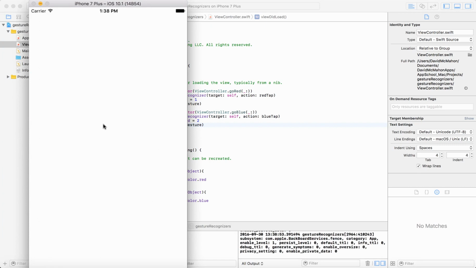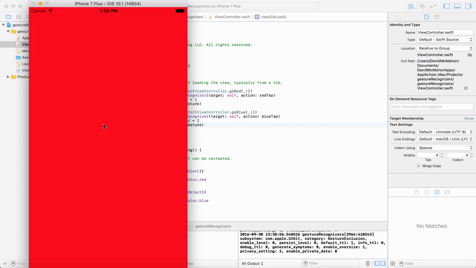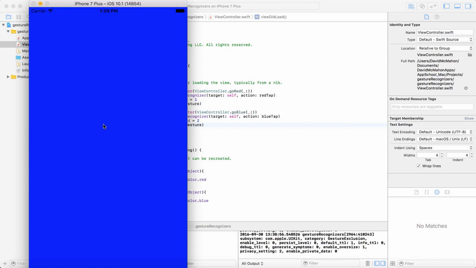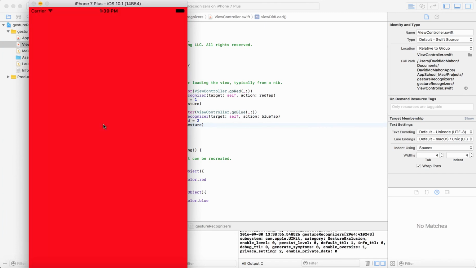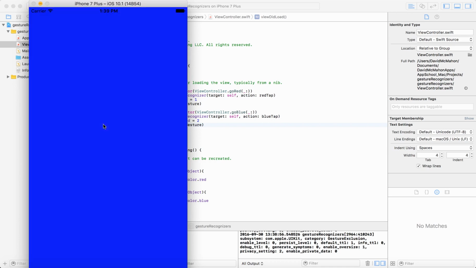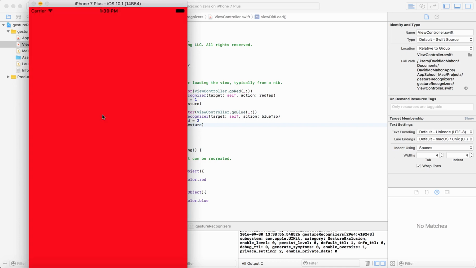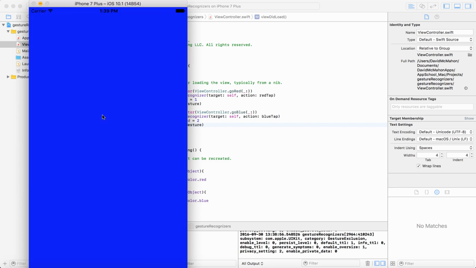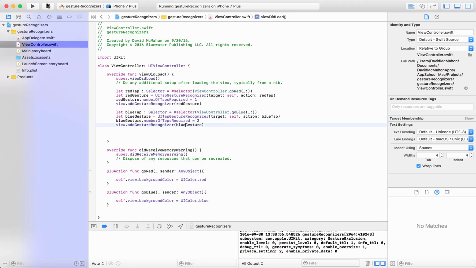Okay, so here's our view. I'm going to tap it once, it turns red. Tap it twice, it turns blue, and we can go back and forth. See, I'm not tapping in succession. See, if I tap twice slowly, I don't know if you can hear the click or not. You have to tap twice really quickly to get the blue. Alright, so that's how